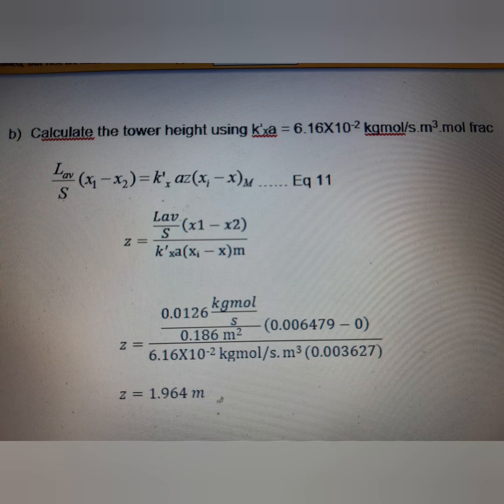As for the second question, which is to calculate the tower height using small k prime xa, which equals 6.16 times 10 to the power of negative 2, we need to use equation 11 as stated in the picture. For additional info, equations 10 and 11 differ by the use of the values of V average and L average, and also the values of Y1, Y2, and X1 and X2. Same as the first question, for the second question we also need to rearrange equation 11,